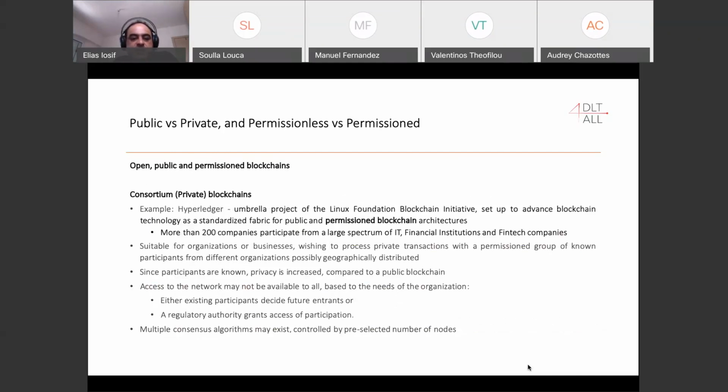I would say that the most technologically mature and well-tested project here under the Hyperledger family of projects is the Hyperledger Fabric blockchain, which is closer to the private networks. However, one key technical characteristic of